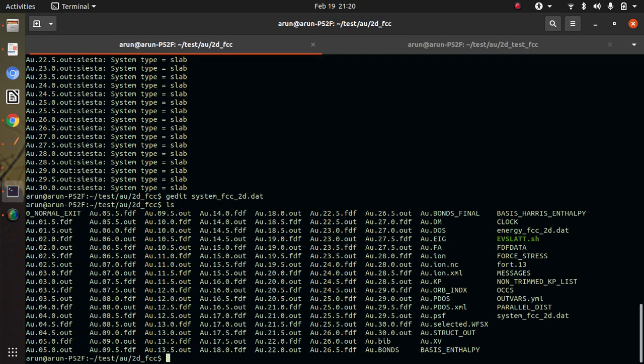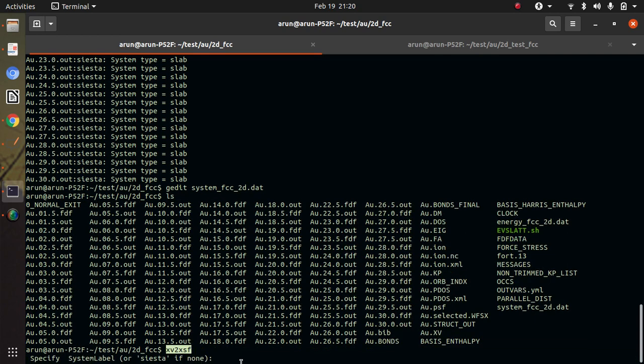When we run Siesta, it gives you a file named au.XV. I can convert the XV into an XSF file using this command, right?